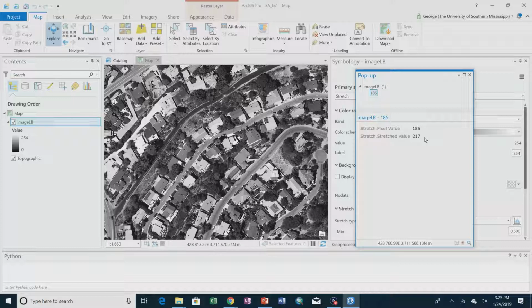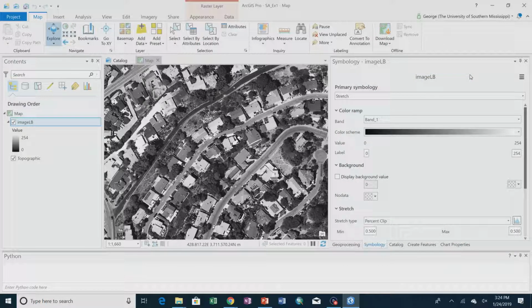Now, in both of these cases, there's a discrepancy between what is stored in the computer and what's actually being displayed, and that's for our benefit. Okay? The stretch improves the contrast for us. We can look at the histogram. If you look at the histogram here,